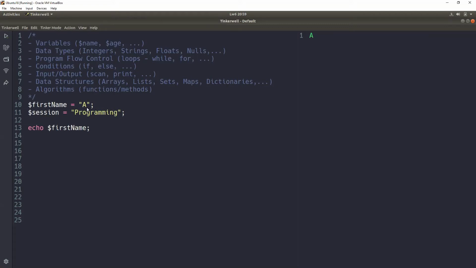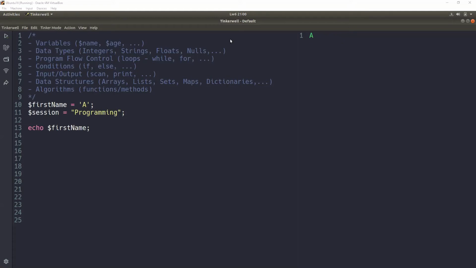So in PHP it doesn't matter, but in some languages it matters. To keep it professional, most people tend to use single quotes for characters and double quotes for strings, like more than one character. But in PHP, it really doesn't matter what you use.